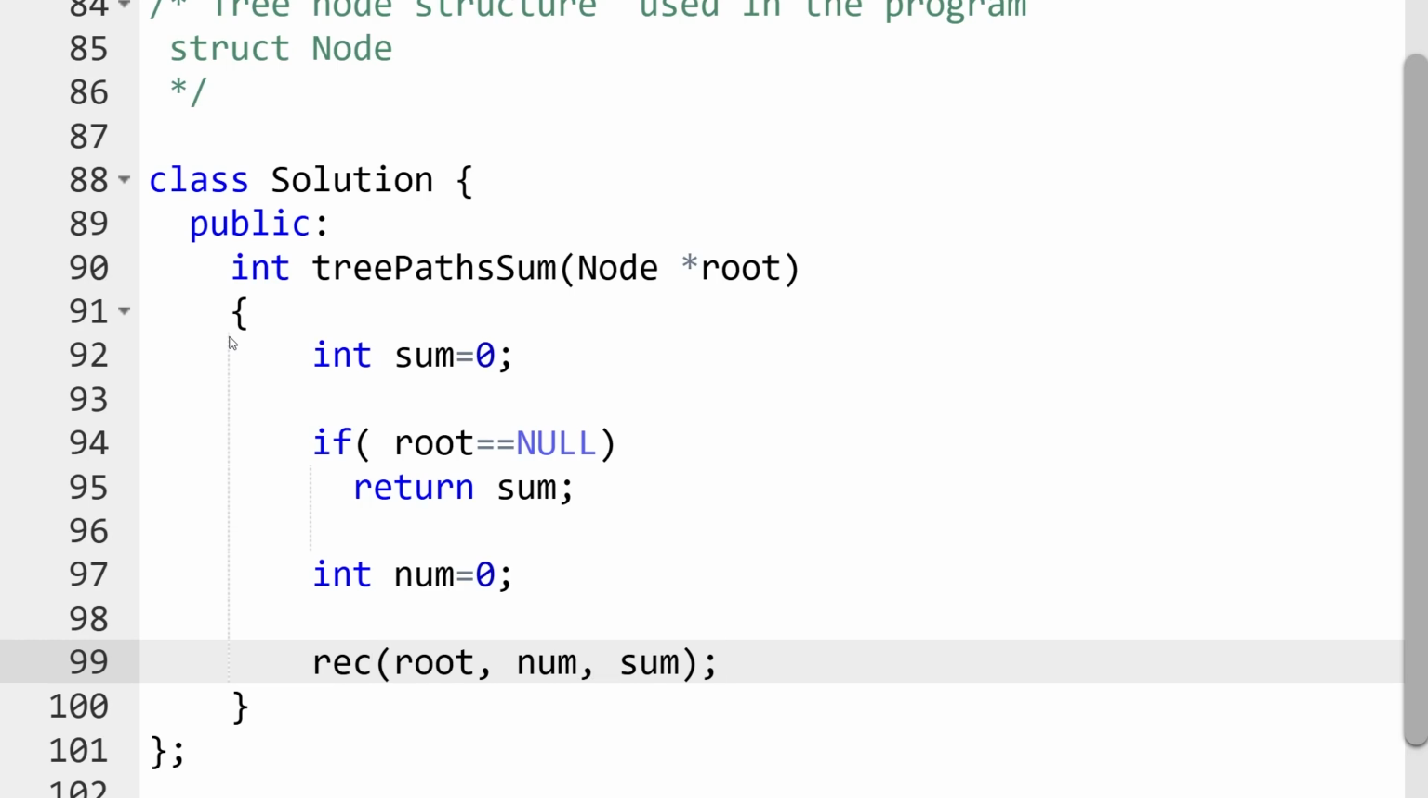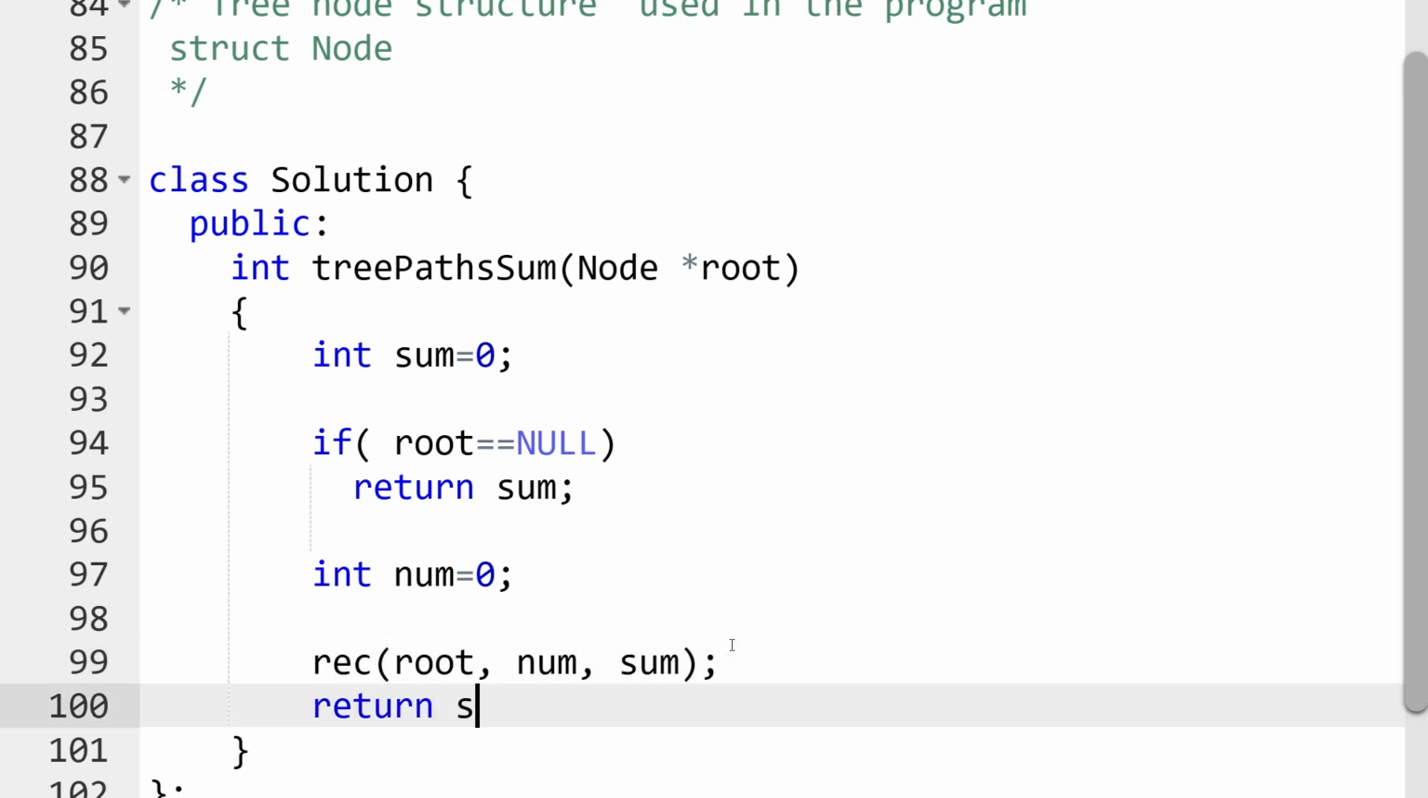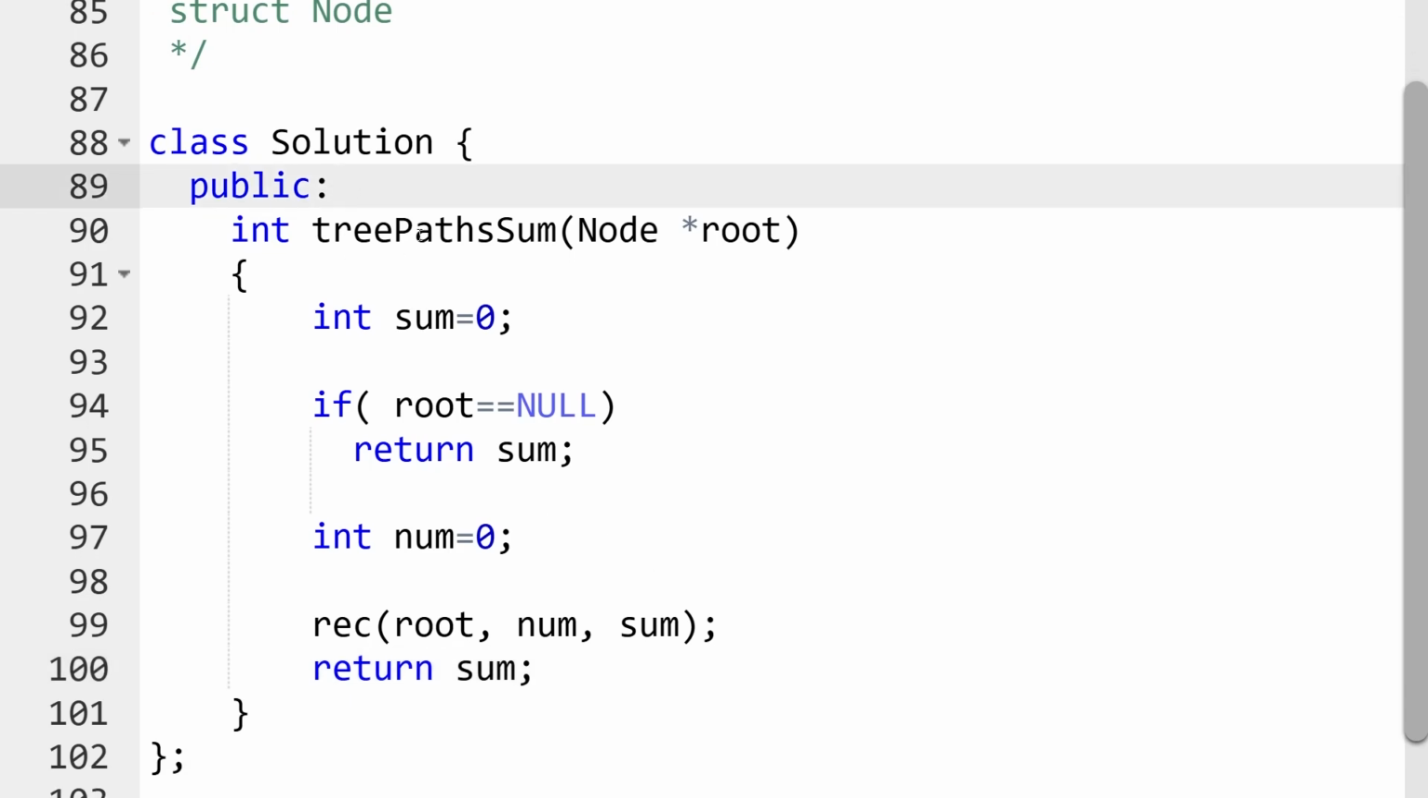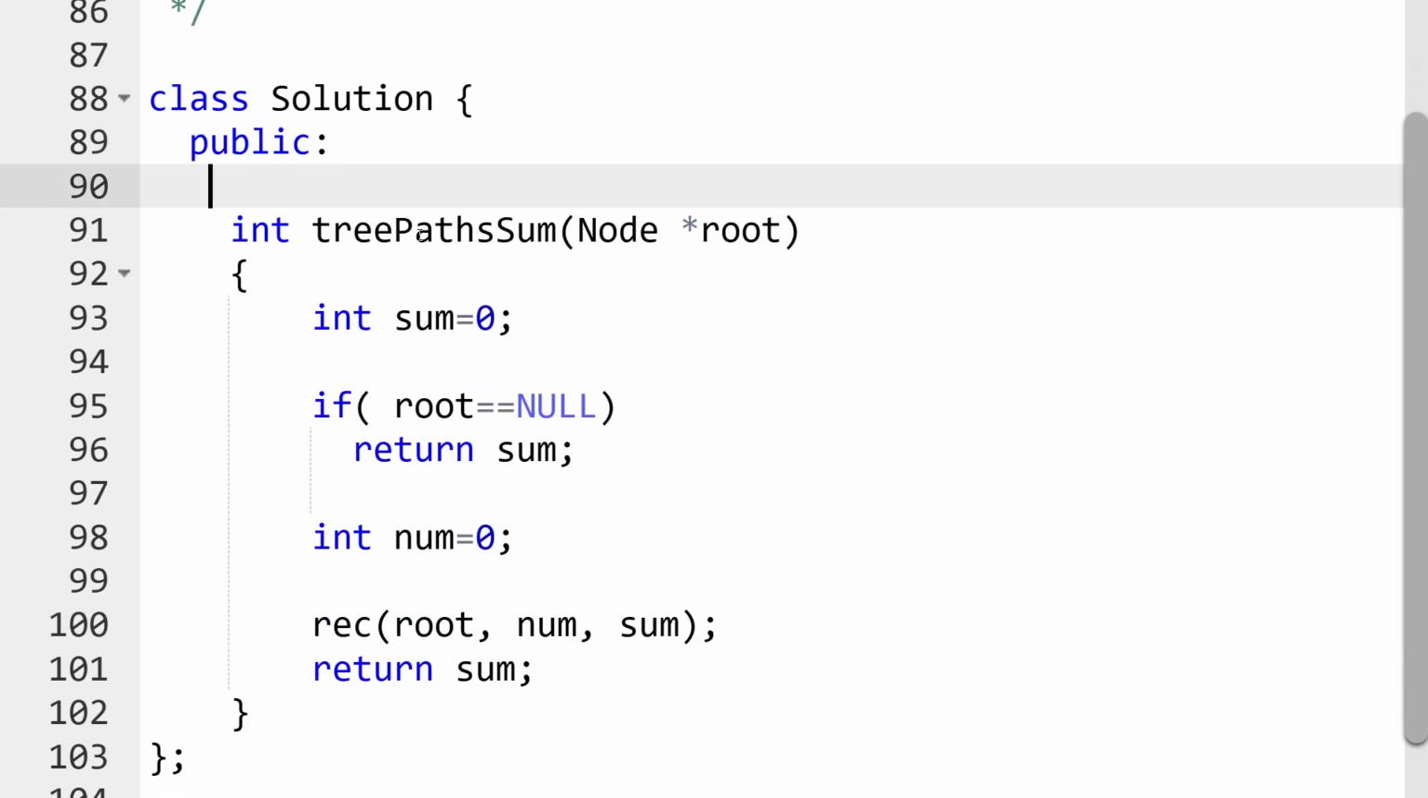Okay, we'll be passing the sum by reference, so any changes that I'm making to the sum variable will be reflected finally as well. We can also declare it globally if we want. Okay, and after this, once this function is completed, then we'll write a void